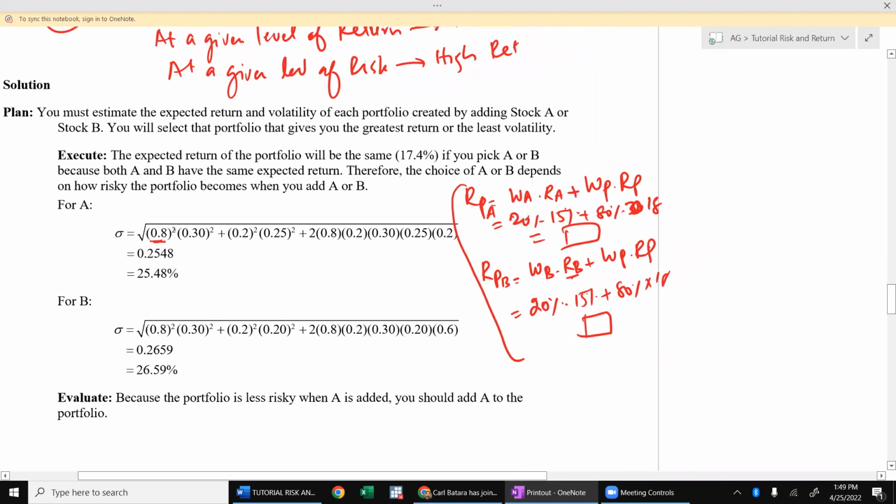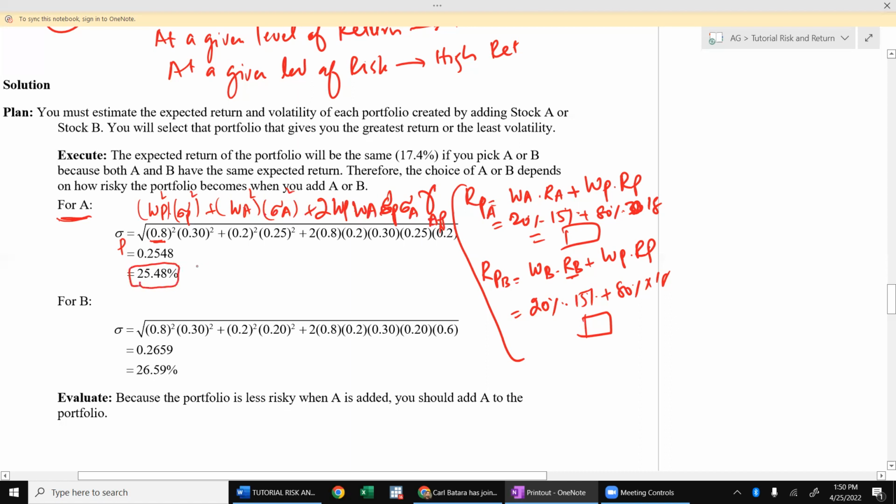So it means that when we add A, what would be the risk of the portfolio? This is the standard deviation of the portfolio squared, plus weight of A squared times standard deviation of A squared, plus 2 times weight of portfolio, weight of A, standard deviation of portfolio, standard deviation of A, and correlation between A and portfolio. If you solve this, you see that your answer would be